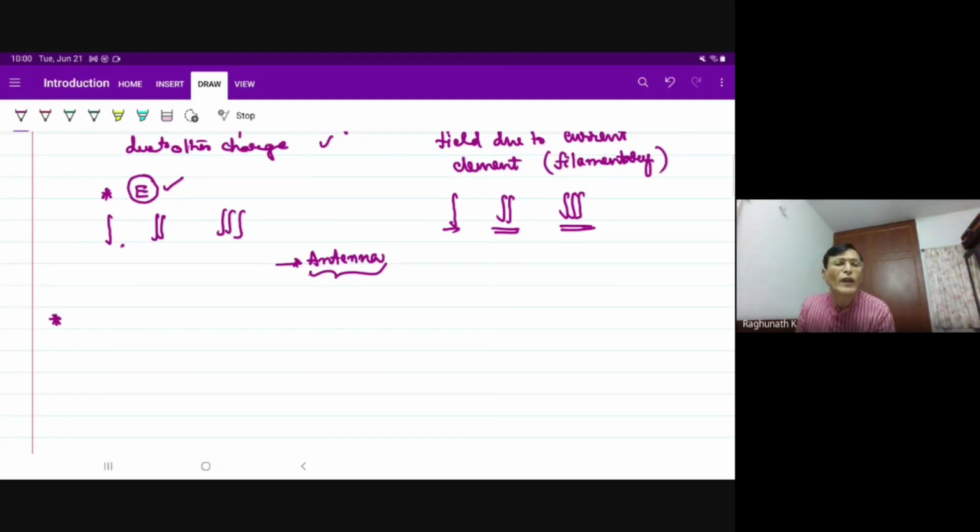Once you know the electric field intensity, it is like knowing the acceleration due to gravity at a particular point. If you keep a mass here, mg will be its weight, the force of attraction towards the center of the earth. Like that, electric field intensity is defined as force on a unit positive charge, mathematically speaking. In a Q charge, QE will be the force on that particular charge. Because it is basically defined with respect to positive charge, if it is a positive charge, the force will be in the direction of the field. If it is a negative charge, it will be in the direction opposite to the field.